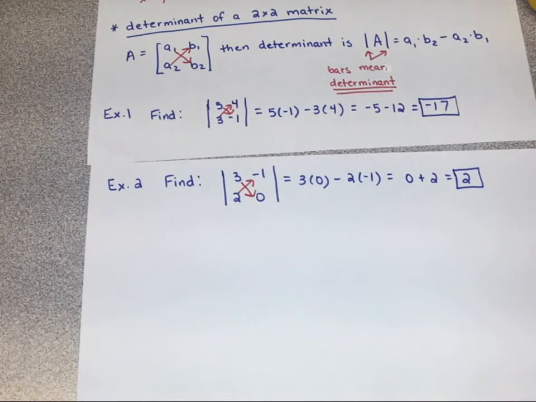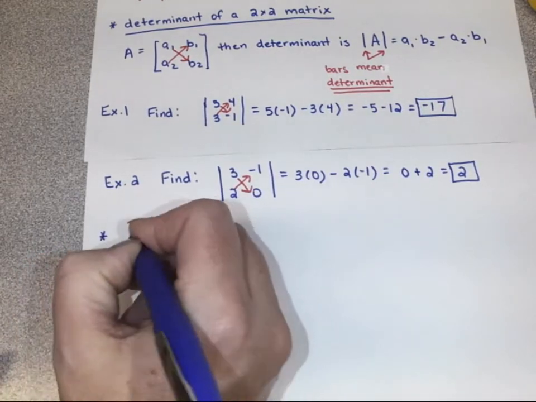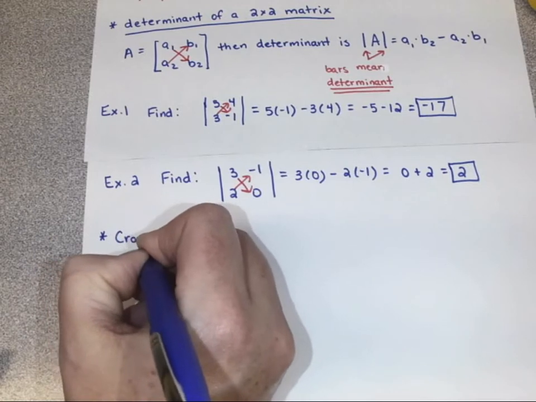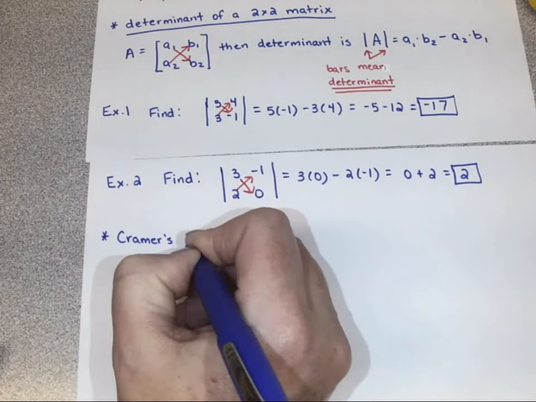Kind of like before, probably the most common errors here are sign errors, especially on like example number 2 where we had a minus and negative. You just got to remember to make that a positive. Okay, so keeping that in mind, let me tell you what Cramer's rule says. So Cramer's rule